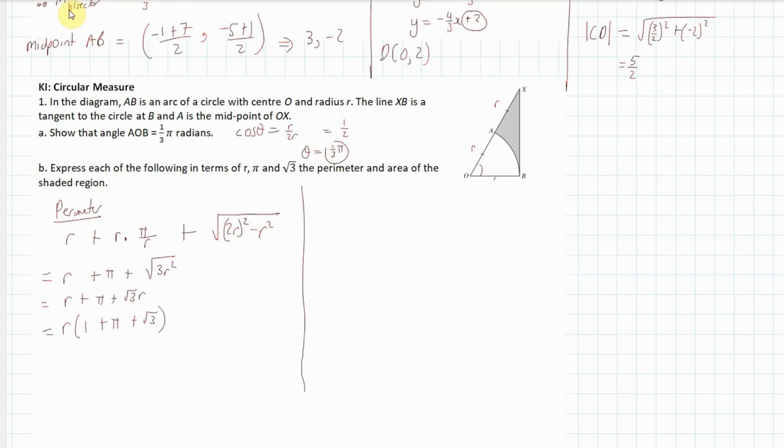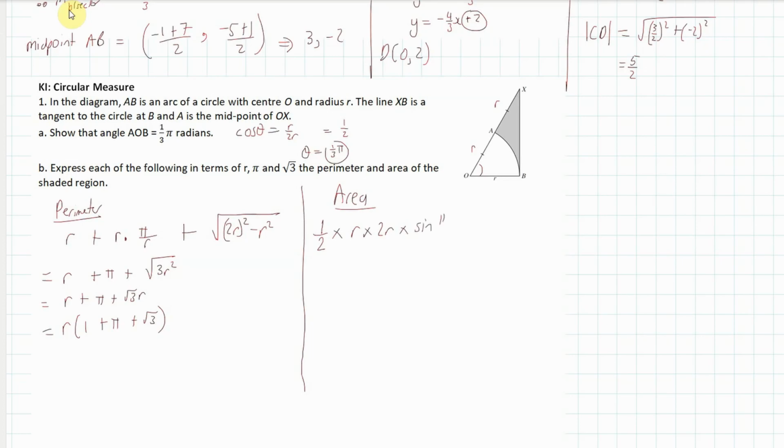Now let's consider the area. This is the shaded area. We can think of it as half r squared theta is the area of the sector, and then we're going to subtract the area of the triangle. So the area of the triangle is half times r times 2r times half AB